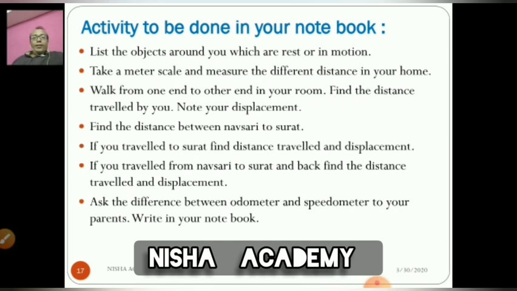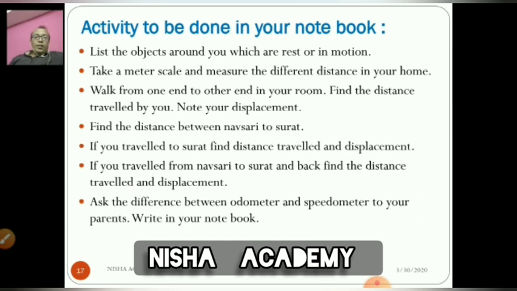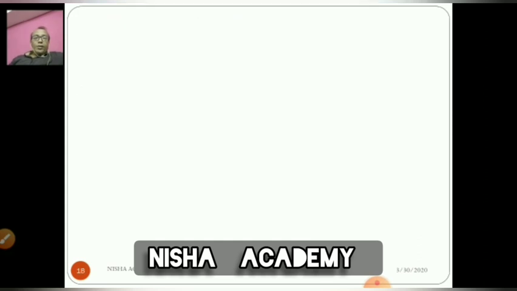All of you have a vehicle in your home. Your vehicles are fitted with an odometer and speedometer. Ask your parents about the functioning of the odometer and speedometer, and write their applications and how the odometer and speedometer work. In the next class, we will learn about graphs, that is, how to